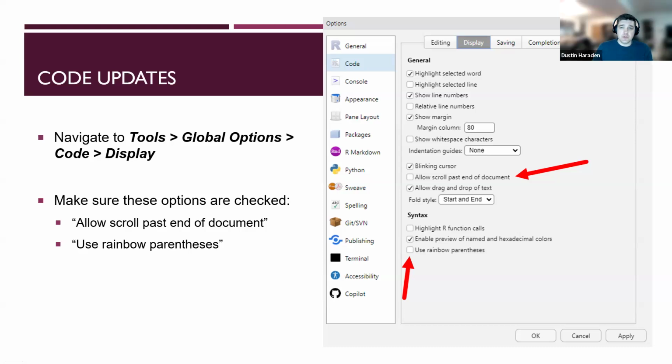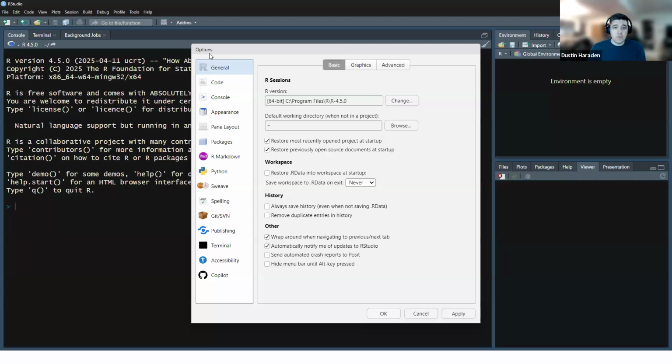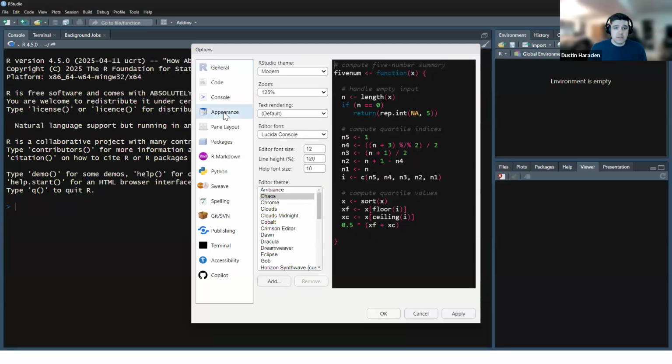These are just some other more personal preferences that I like to do. I want folks to feel like our RStudio is theirs, and that it is going to work for you. So one of the ways to do that is just how it looks. That is really helpful for me, making it look really nice or in some appearance that I like to have. So we're going to navigate again to Tools, Global Options, where we see this page again, and we are going to select Appearance,